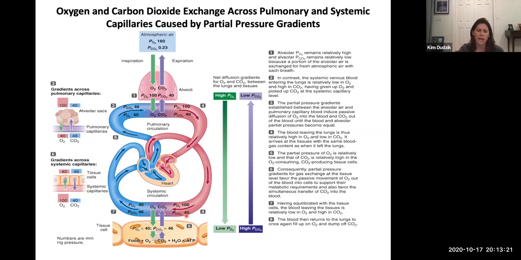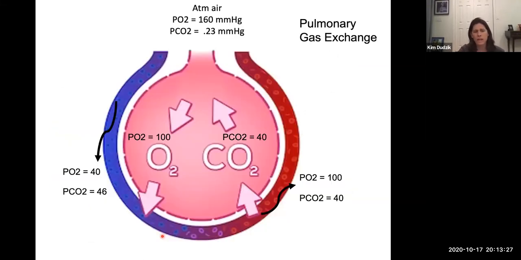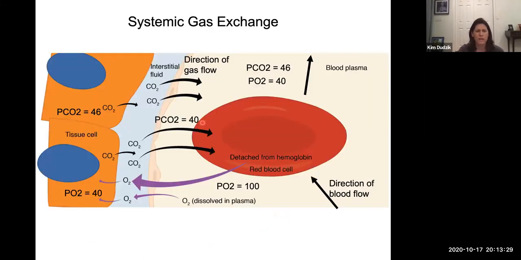Right? Then we're going to look a little more closely at what's happening at the exchange now at the tissues, and that's what we see here, as if we blew it up for you. Here are the orange cells with the big blue nuclei. These are like your tissues, a certain organ doing work. Here's the interstitial fluid, and then here is the capillary. We're inside of a capillary.